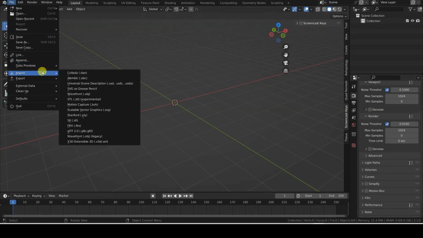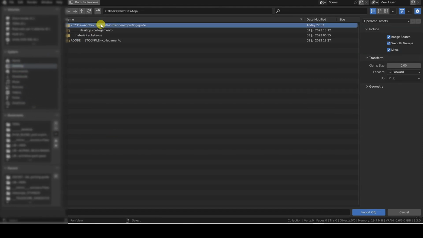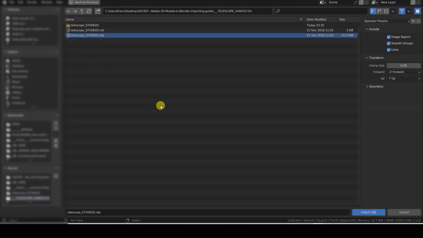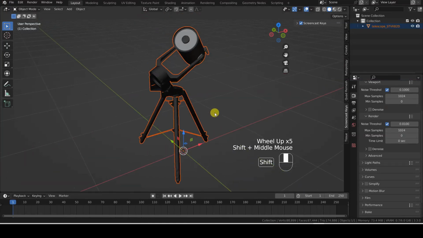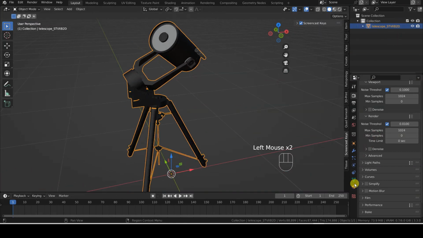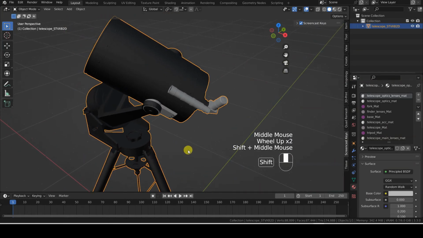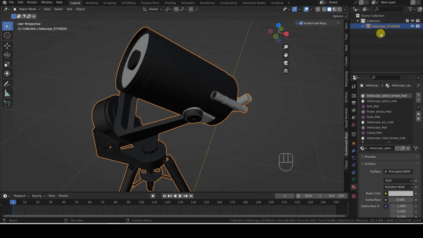Importing the OBJ file into the Blender scene is simply done by clicking on File, Import, OBJ and selecting the file from the disk. Blender will automatically use the MTL file, which indicates the submaterials and how they are associated with the various parts of the object, which at this moment is a single mesh object. The various parts of the model may have different colors, but we will replace all these colors with the appropriate textures. Let's rename the 3D model, for example, to Telescope.